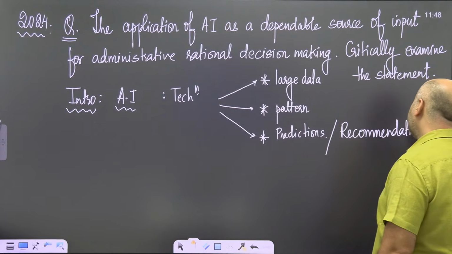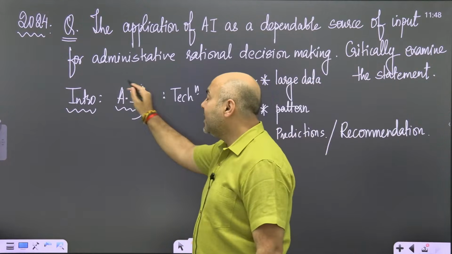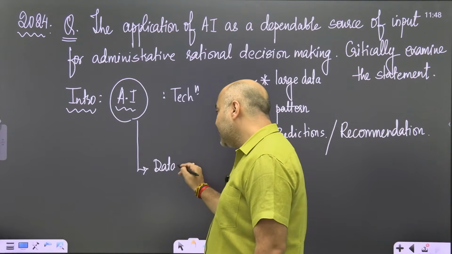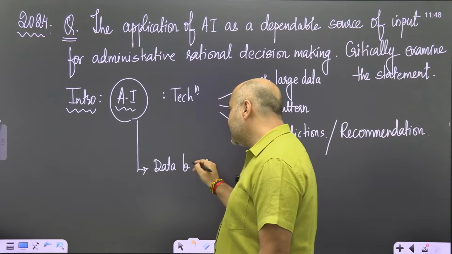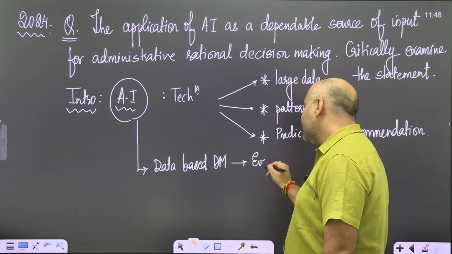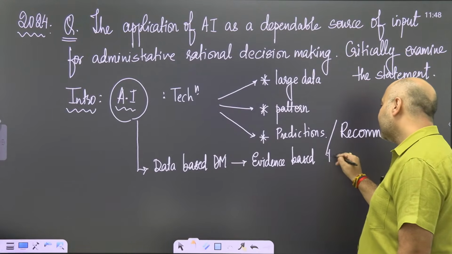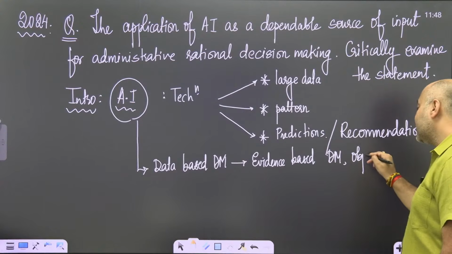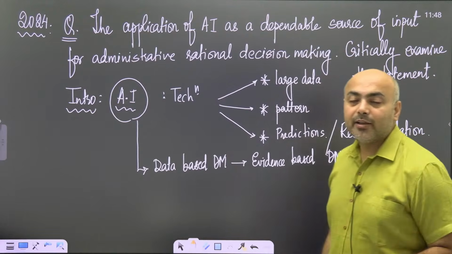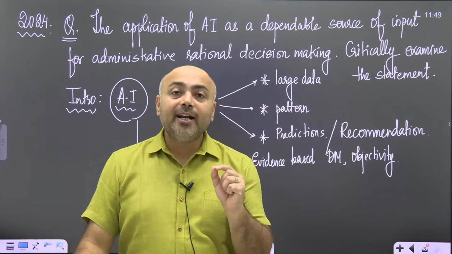And this is exactly how we use artificial intelligence for decision making. Because in artificial intelligence, what can be done? Artificial intelligence can help, administratively speaking, to take up data-based decisions. That means it can contribute to evidence-based decision making, objectivity of decisions, and thereby eliminate one very important problem that is there when it comes to human decision making,